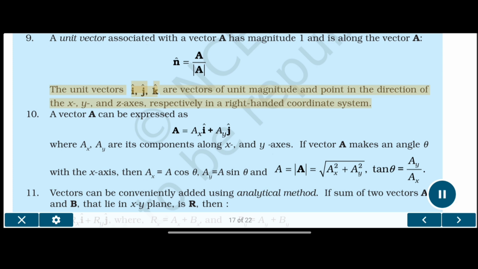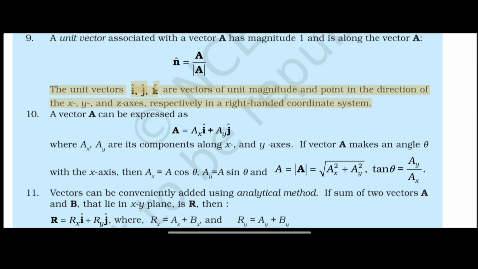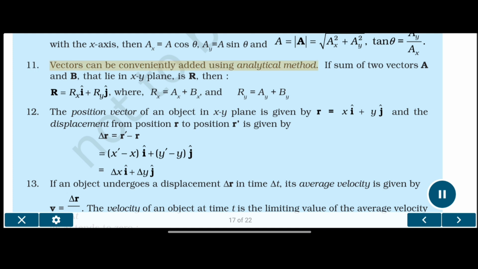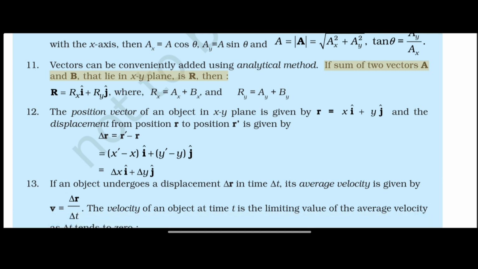The unit vectors i, j, k are vectors of unit magnitude and point in the direction of the x, y, and z axes, respectively, in a right-handed coordinate system. 10. A vector A can be expressed as A equals Ax i plus Ay j, where Ax, Ay are its components along x and y axes. If vector A makes an angle theta with the x-axis, Ax equals A cos theta, Ay equals A sin theta. 11. Vectors can be conveniently added using the analytical method. If the sum of two vectors A and B that lie in the xy plane is R, then